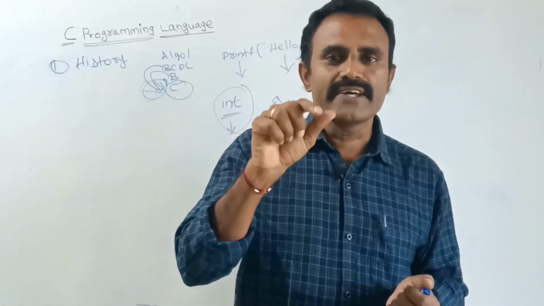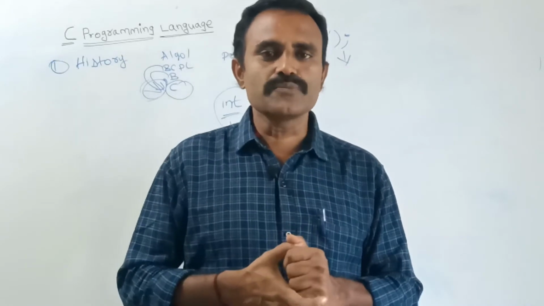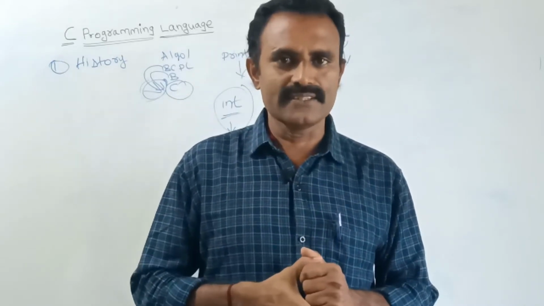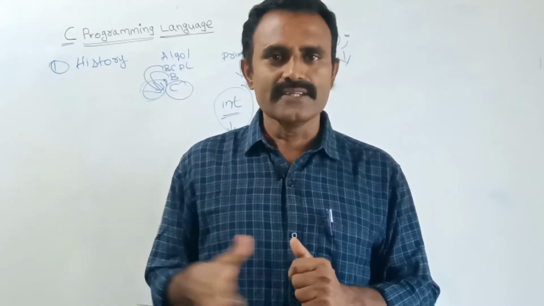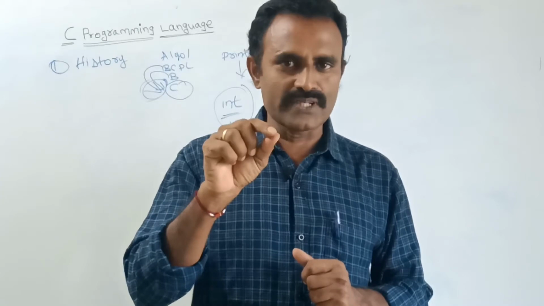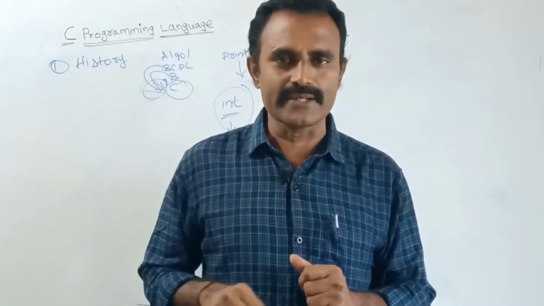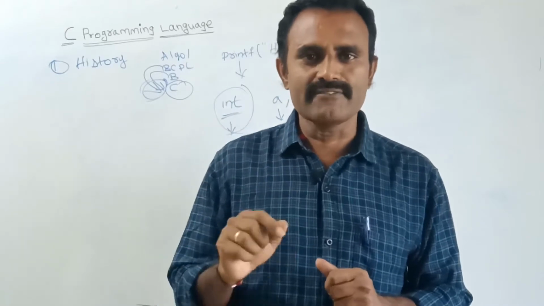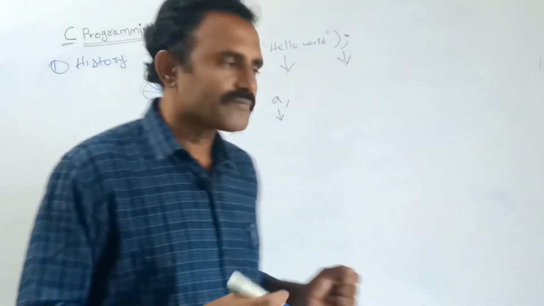These and all rules were there. The size of the variable name, when we are declaring it, should be within 8 letters, and we should not use all the special characters. Only limited special characters should be used while declaring a variable, such as underscore. We can use underscore for declaring a variable. See, these and all rules.